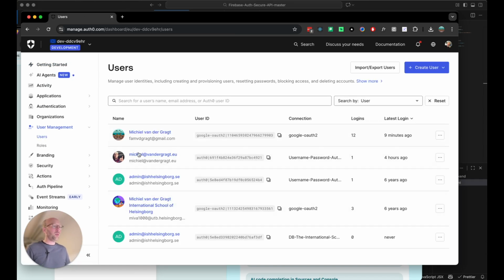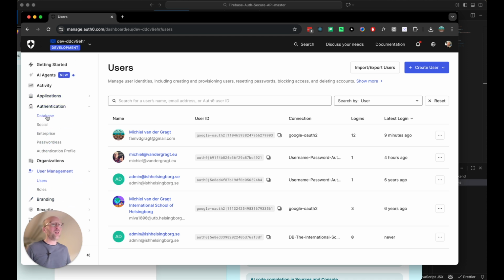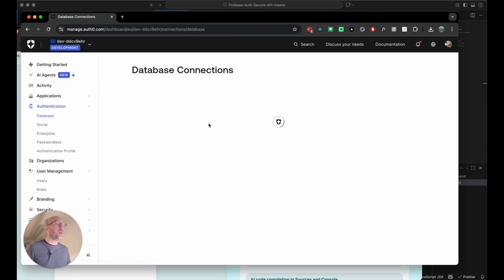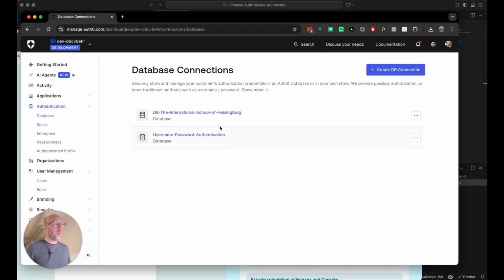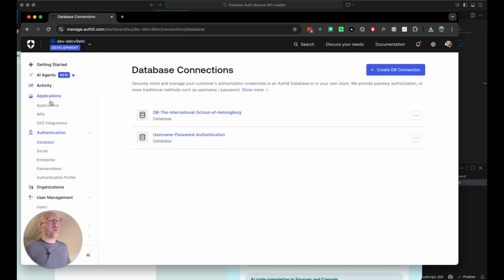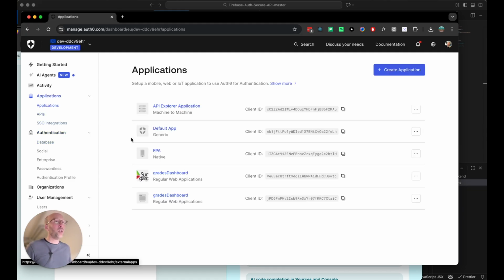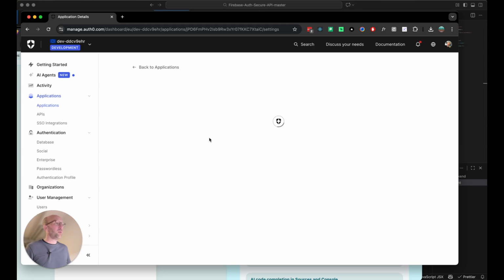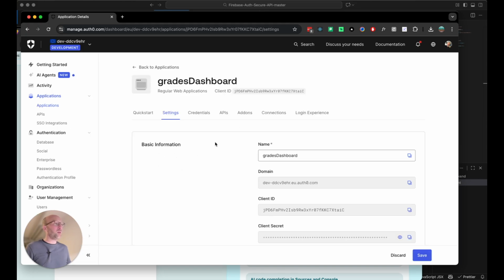So you can see here, it's me logging in on different occasions, 6 years ago, 9 minutes ago, never. You can look at the database here. You can connect databases. If you look at your applications here, so this is the last one here. If I go in,